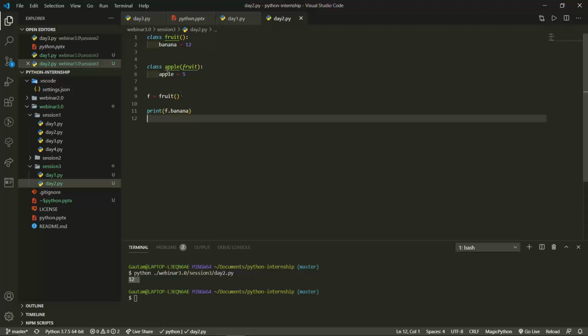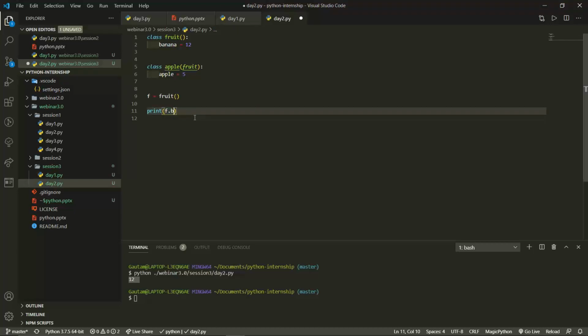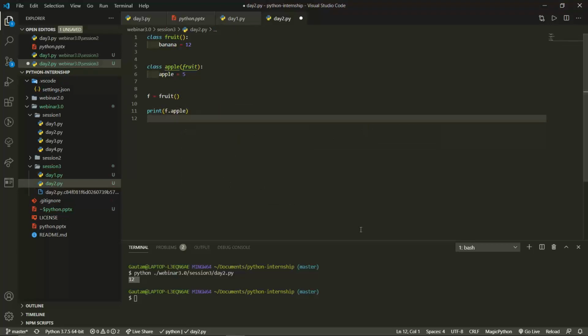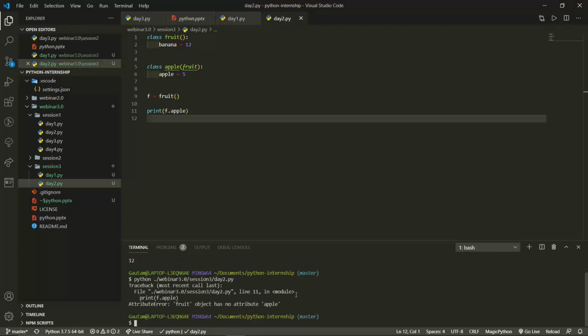Now I would love to get the data of apple, but I have introduced the object of class fruit. If I want to access apple with this object, this is not possible. It will throw an error: fruit object has no attribute apple.